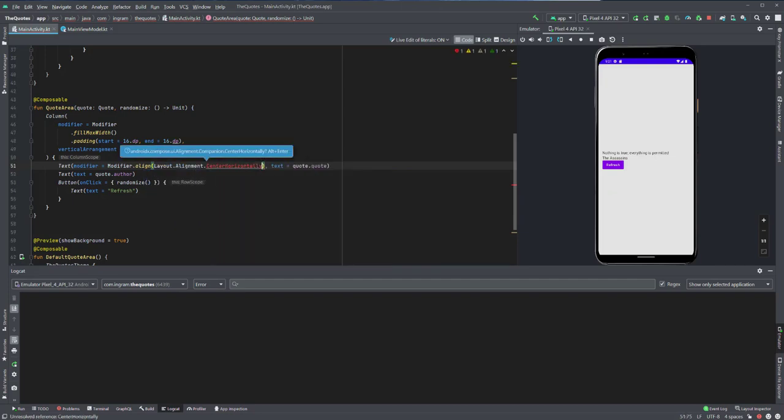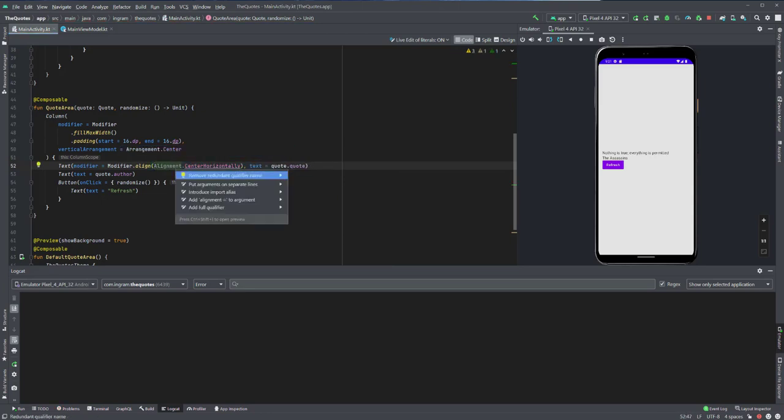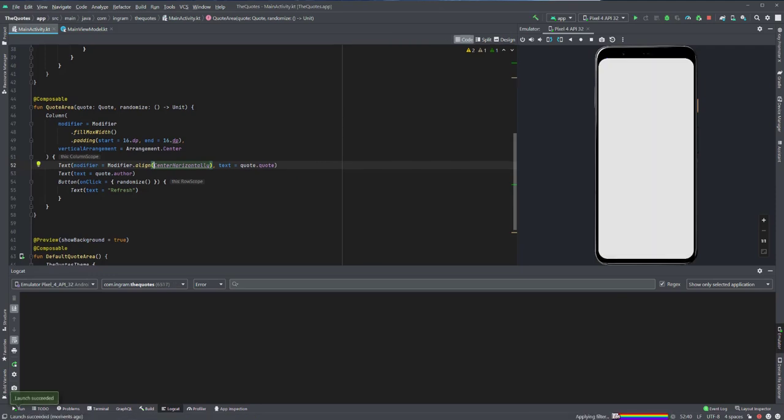Text might have a different, yeah, we're gonna center. There we go. Center horizontal. We could have just typed that. Trying to live my best life because we want to move that text to the dead middle. There we go. So now we want to